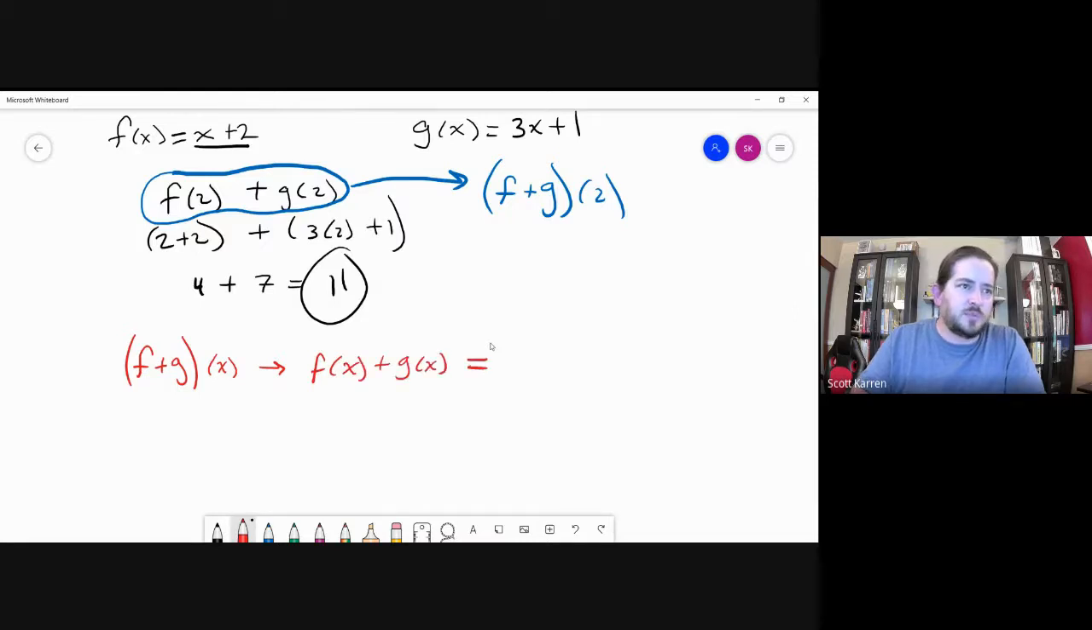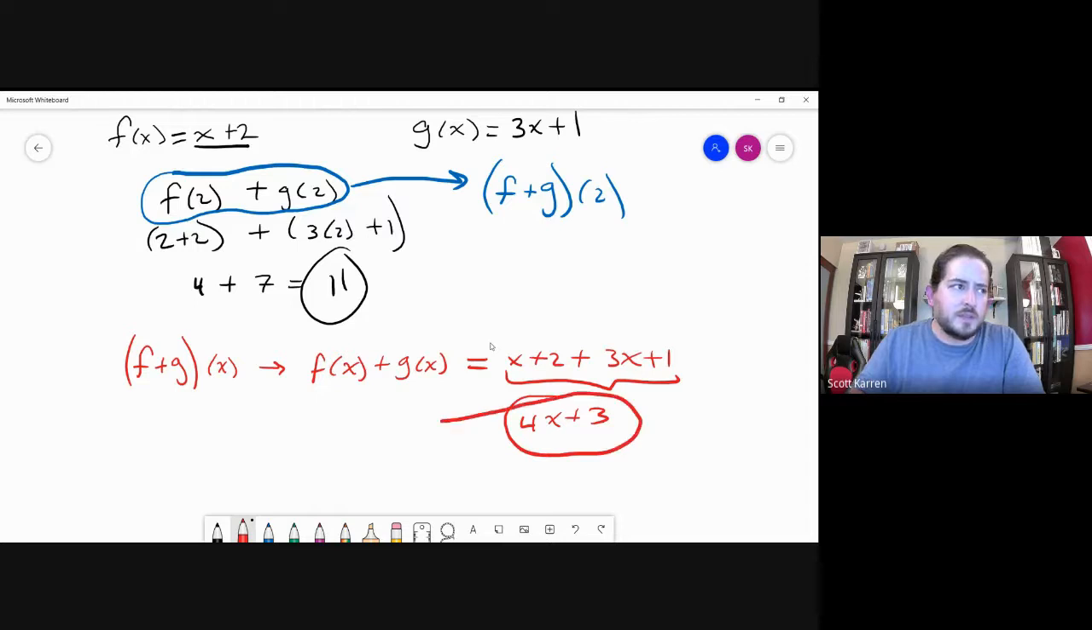But that's just x plus 2 plus 3x plus 1, and I can simplify this down. This becomes 4x plus 3. But it's a new function. We're just calling it the function that came from adding f and g together, and the input variable is still x, right? But if I take this f plus g of x, which I've now just defined to be 4x plus 3,